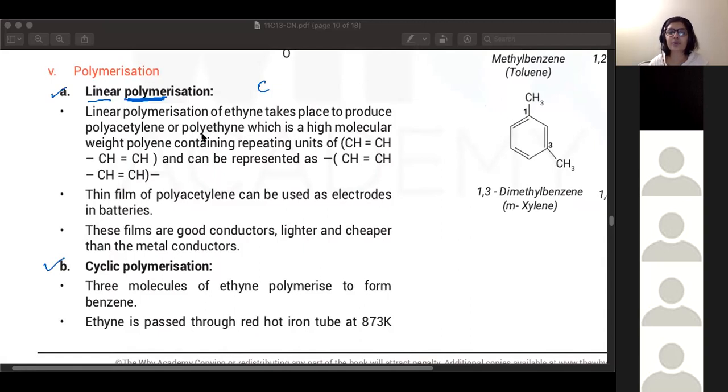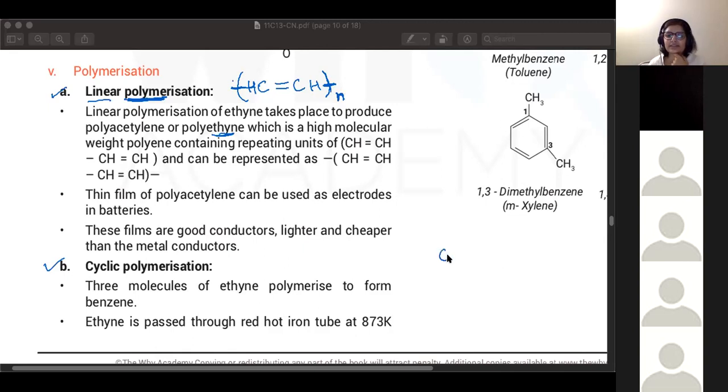This is how you get your polyethene. If your first molecule was ethene, you get polyethene. If your first molecule is ethyne, you get polyethyne or polyacetylene. Basically, one of the bonds breaks. The triple bond is going to break to form a really long chain. The way it's represented is this: the bonds go out of the brackets, taken n times, because they are really long chains of molecules.